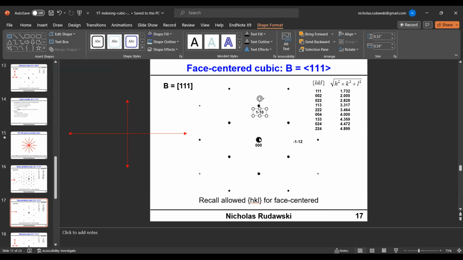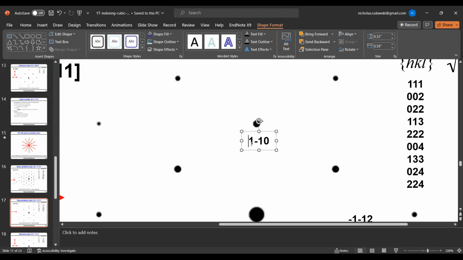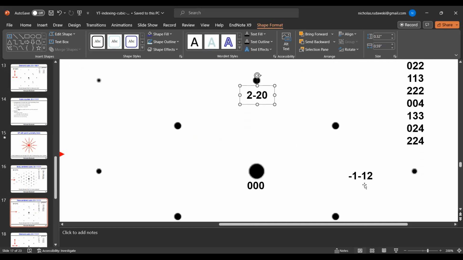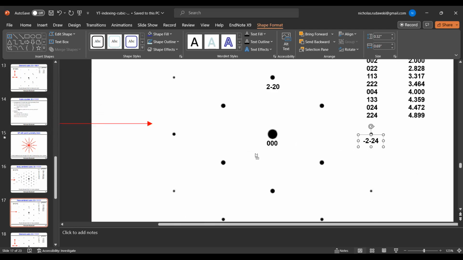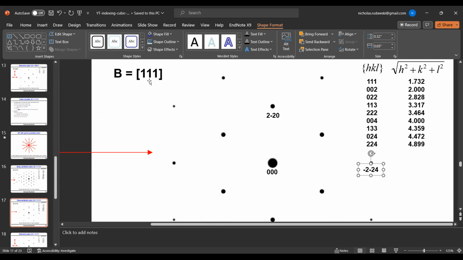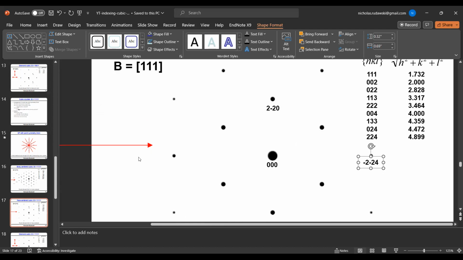So we can assign this to be 2 bar 0, and we can assign this one to be 2 bar 4. Okay, and then we can do the math. This should give us 1, 1, 1, but let's do the math. So if we do 2 bar 4 cross 2 bar 0,